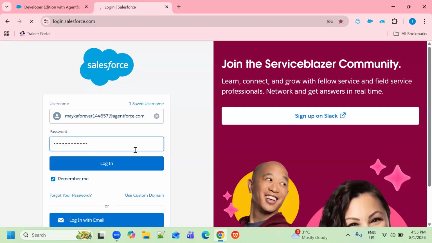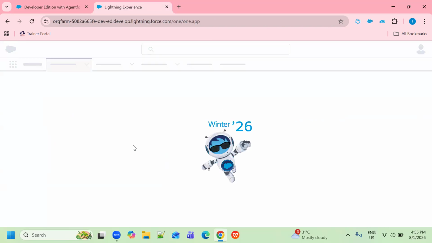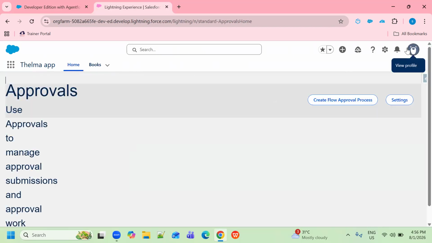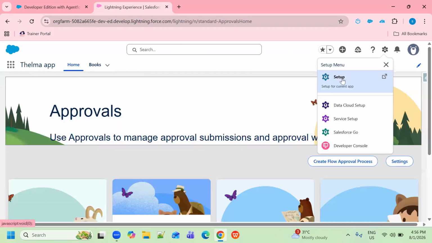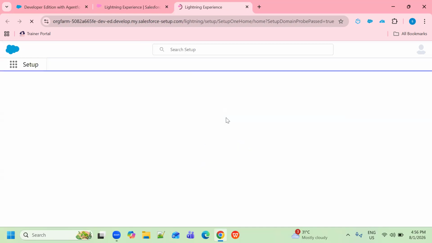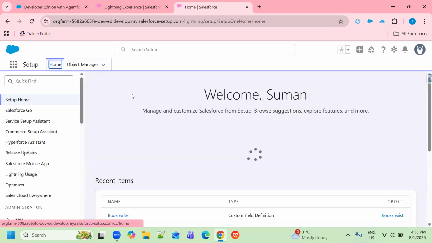Now after logging in with the credentials, you can see this page. This will be your home page.